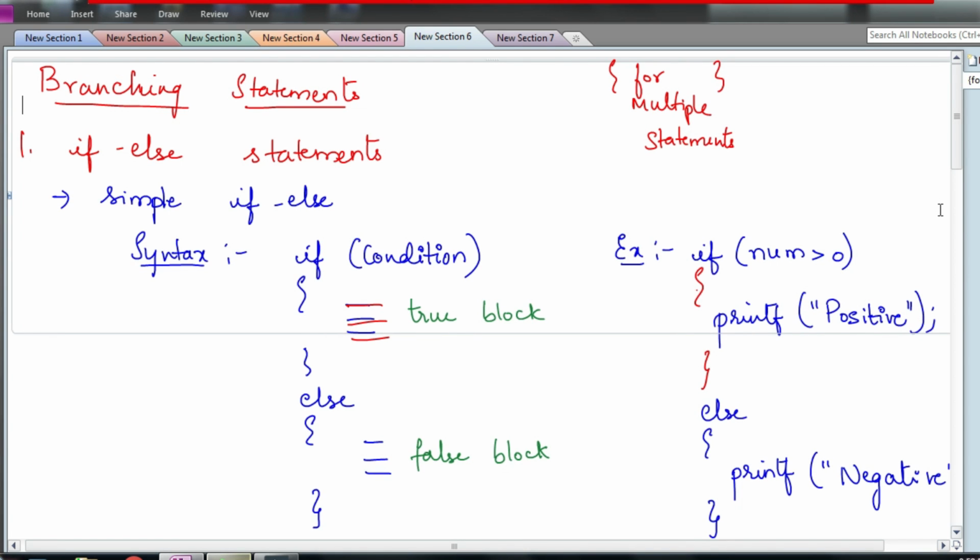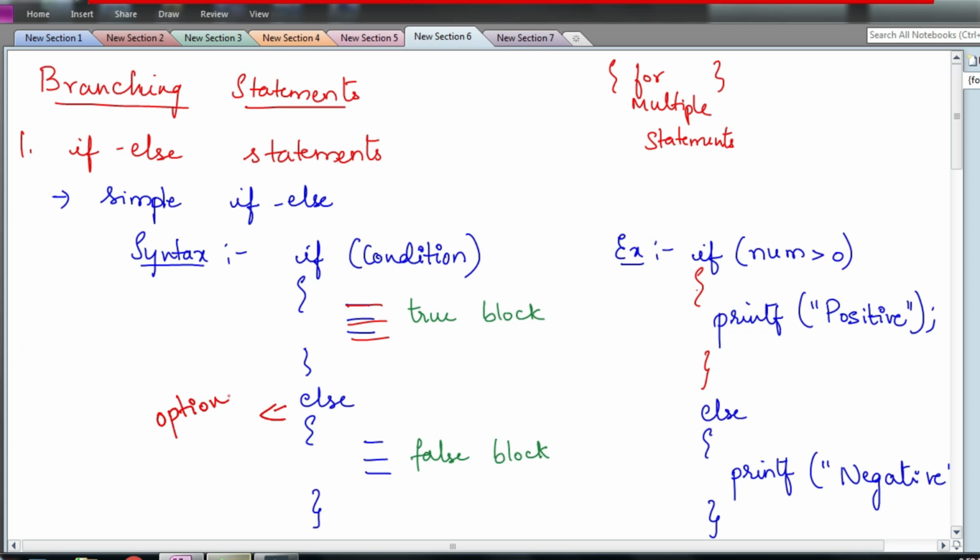Here in all these things you have to understand this final else block is optional. It's not compulsory to have the final else block. If you have the final else block, it means if none of the previous conditions are true, this else block will be executed. If you don't have this else block, then nothing will be executed if none of those conditions are true. So in many situations you will not have an else block.